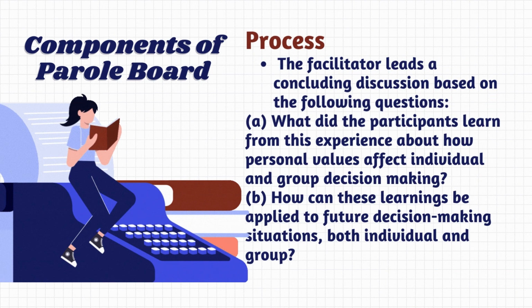Finally, the facilitator leads a concluding discussion based on the following questions. First, what did the participants learn from this experience about how personal values affect individual and group decision-making? Second, how can these learnings be applied to future decision-making situations,